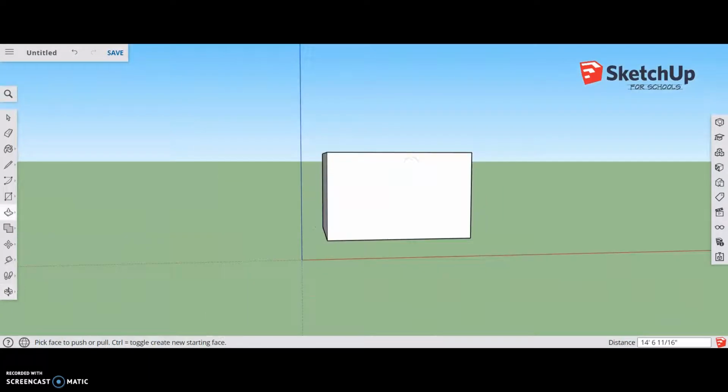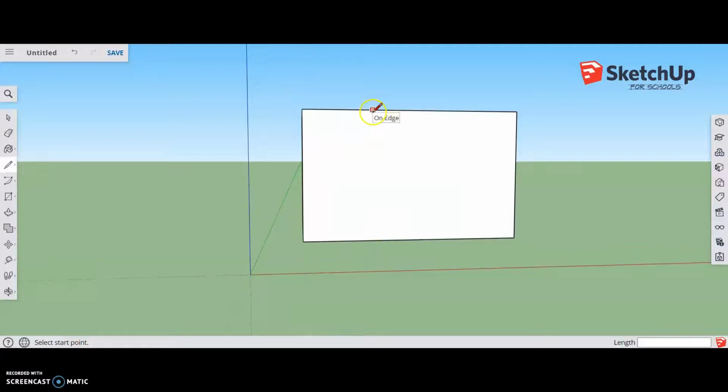Now the pencil tool, there are a couple different things you can use with this one. There's the line and the squiggly line. So we're going to do the line first. And of course the line makes straight edges. So you can draw straight edges on, it has to be on a 3D shape. But you can make straight lines going around it